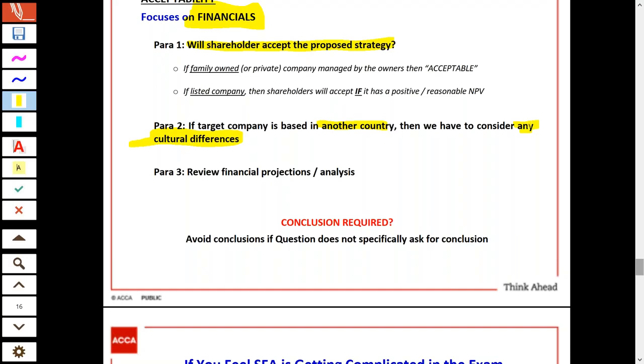Full stop. The third thing is, we will look at the financial projections or the financial health of the target company. And I will show you in the next slide what to look at. Right, so